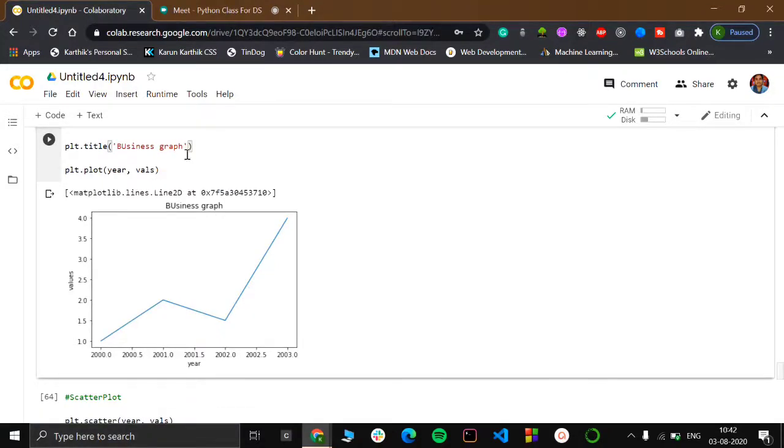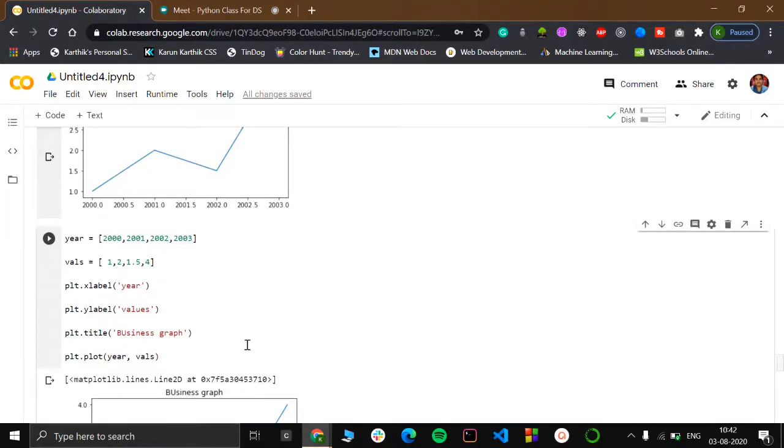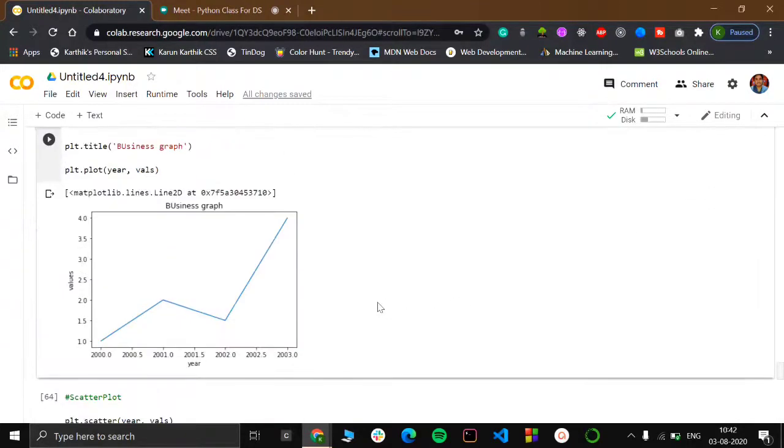Okay, so this is what you should be doing. These three are the customization points you can make up here, and there are several functions called xticks and yticks, which we will not really be using. What you would be using is mostly these things only. You need not bother about xticks or yticks, anything like that. So yeah, I have got this thing like this, right?